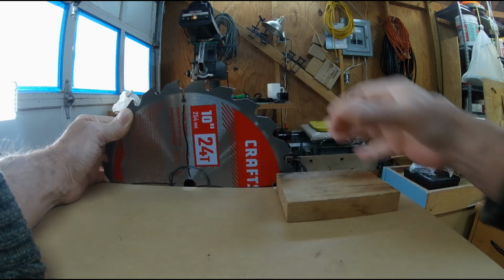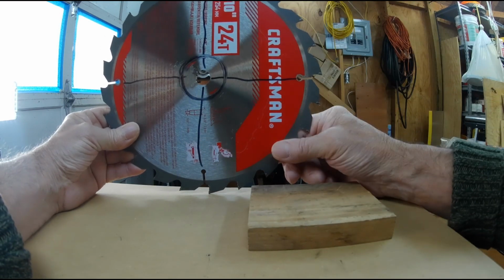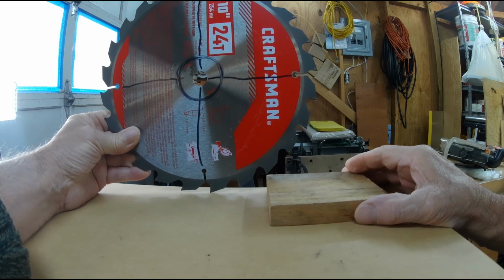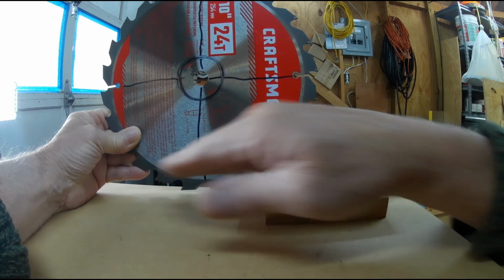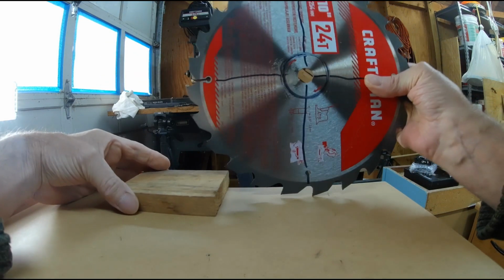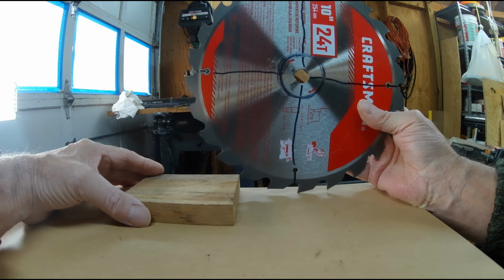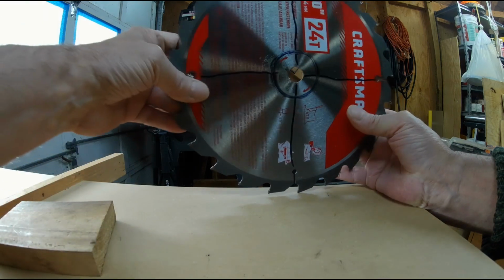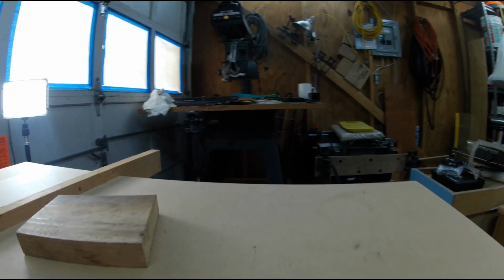So this is the table saw thing, but with the radial arm saw, we're dealing with the bottom half of the blade. And if we were to cross cut, look what happens. It hits the top of our work, going down and away, going away from you. And if we were to rip, it also hits the top, coming at you, but it's going up. And that's nice to know, because what happens, especially over here,